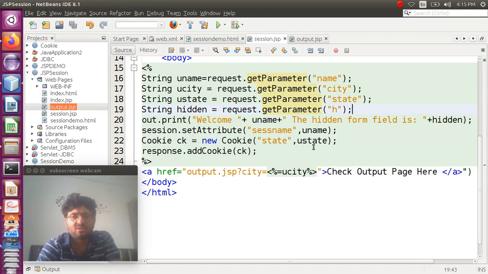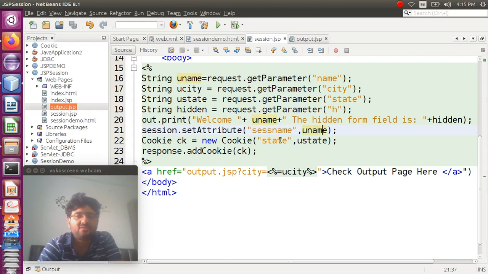Now in the next line, line number 21, I am setting the session object value, and I am having a session named sesh name, and the value is uname. So this is the name of the session parameter, and the value is uname. So I am setting the session attribute, and then I am again creating one cookie.